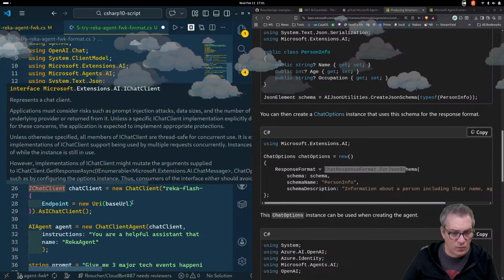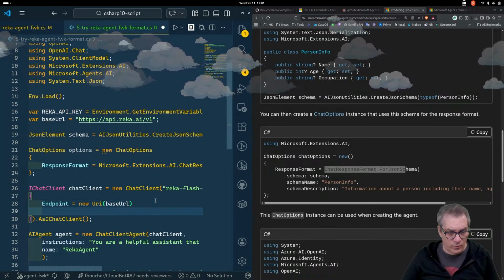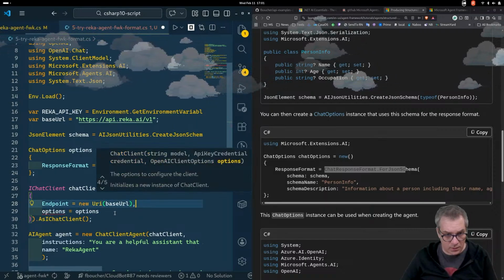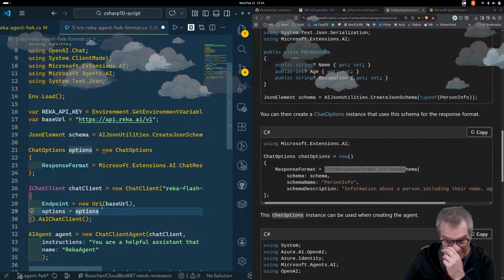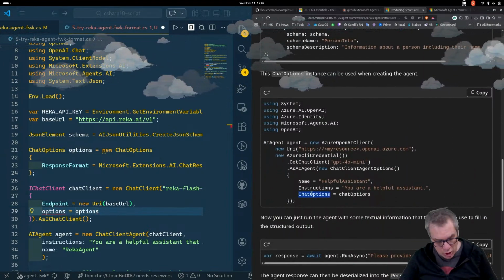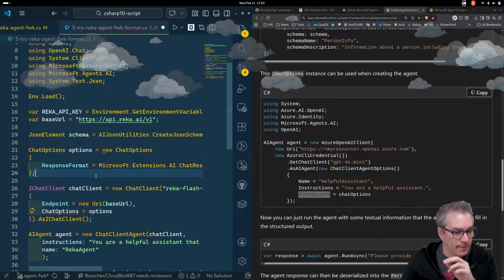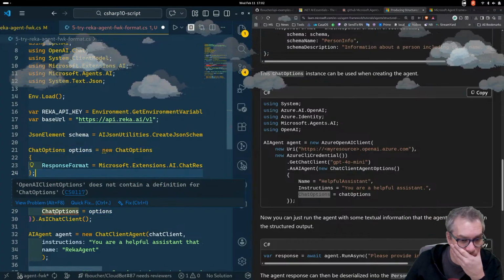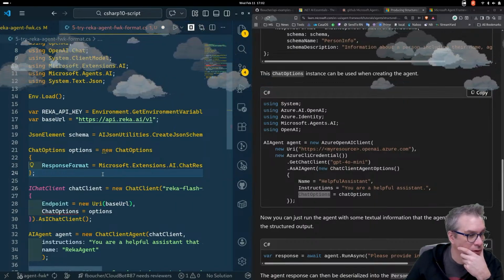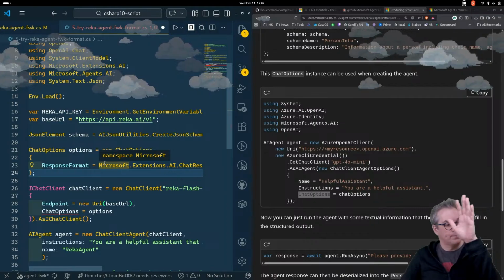Cool. So now here we could do options with a comma. Right? Oh, chat option. No? Oh, man.